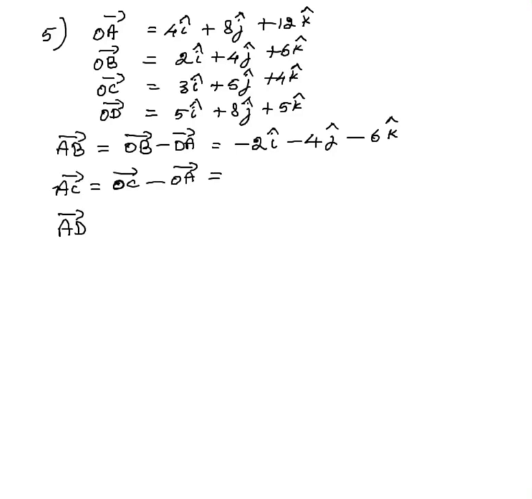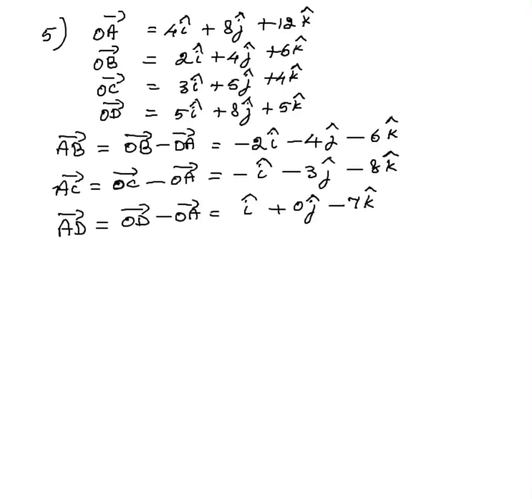3 minus 4 minus i, j and 5 minus 8 is minus 3j and 4 minus 12 is minus 8k. Vector AD is vector OD minus vector OA, plus 0j and minus 7k. These three vectors. Let us do scalar triple product of these three vectors,